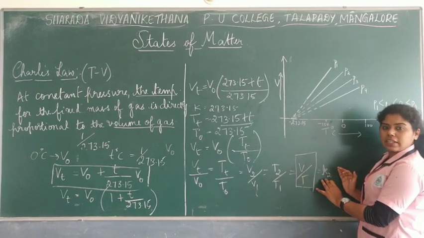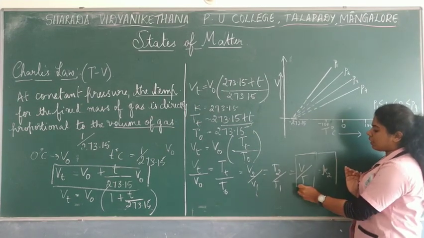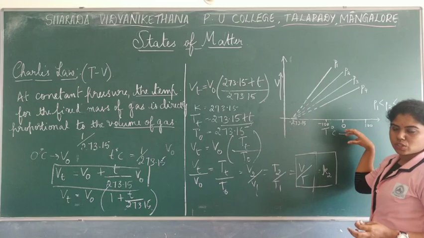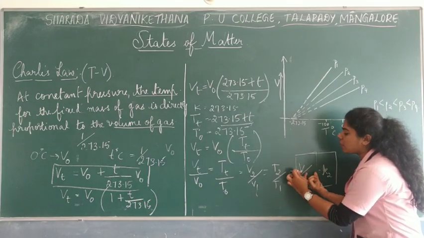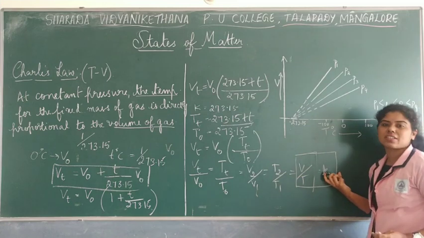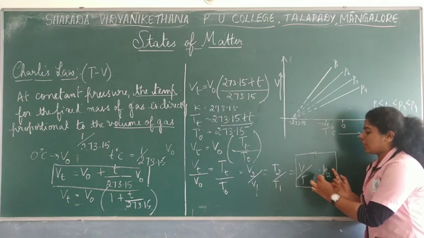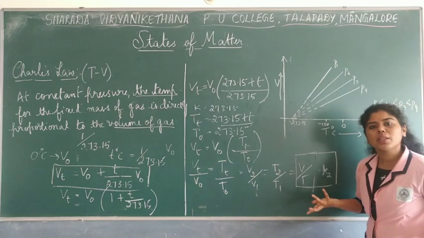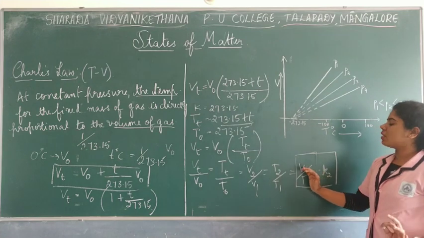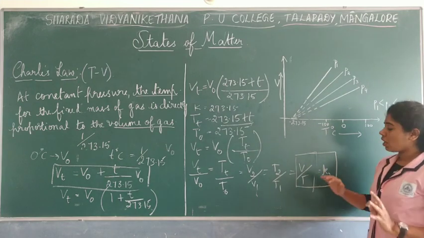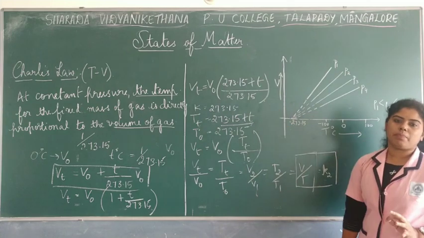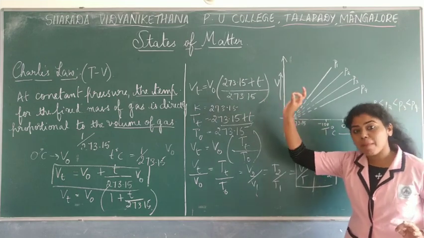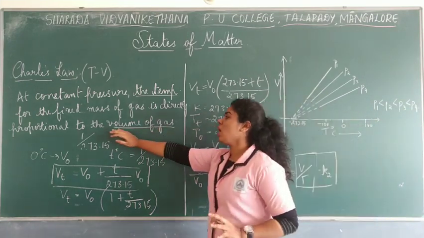So when they experimentally determined these values, that is when they took the volume of the gases as well as temperature, and when they divided these two values, they got all the constant values. So this is what it says. V by T will always be a constant, and that constant is given as K2, which is nothing but the proportionality constant. So this is what Charles law says. That means at constant pressure, the absolute temperature will always be proportional to the volume of the gas.